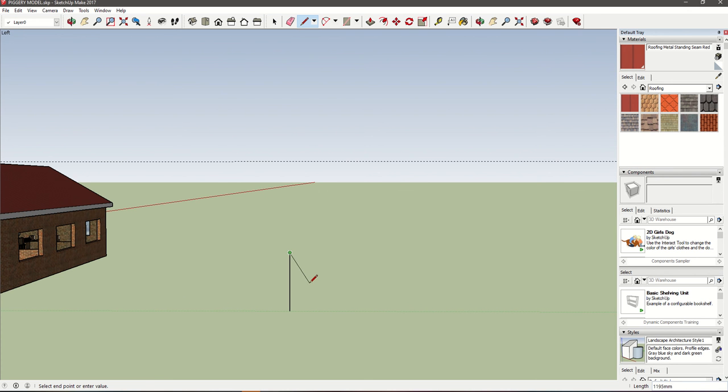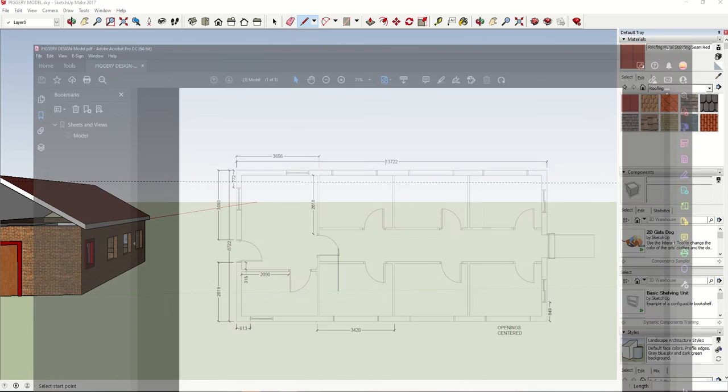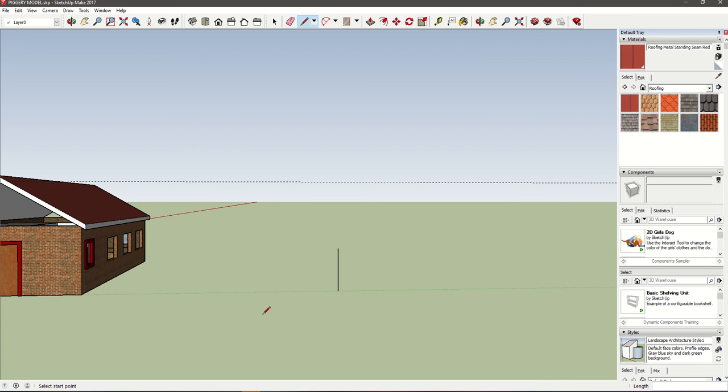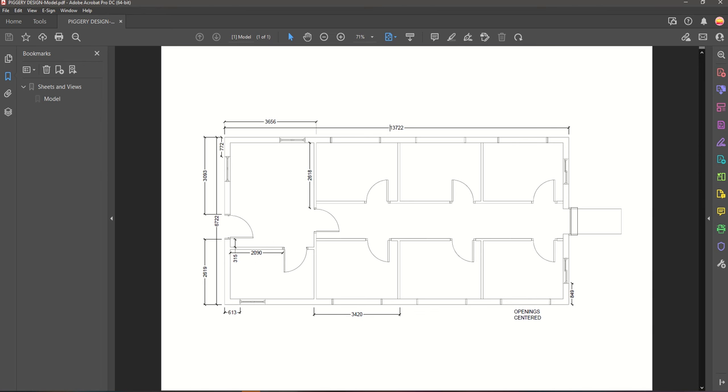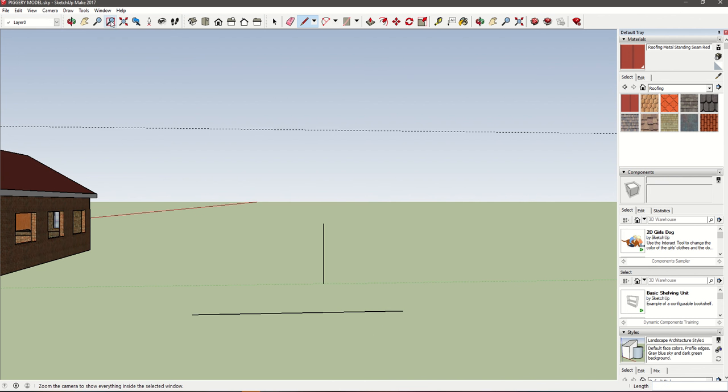Okay, so that's the total height of my roof, right? Very simply, instead of measuring 30-degree angles, I'm going to use the length of the wall, 6722. So let's go back here. I'm going to type 6722, enter. Is that the right length? 6722, it is. Great. You can see I could probably do this a bit quicker. Always many ways to skin a cat